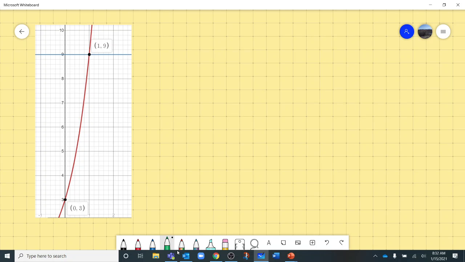So what I'm going to do is look at my graph, and I'm trying to find a function f of x is equal to a times b to the x power. The x is just going to stay, so we just need to find the a and the b. Remember, a is our initial value. And while this graph does go into the negative, we are only looking at the positive. And so as far as our initial value goes,